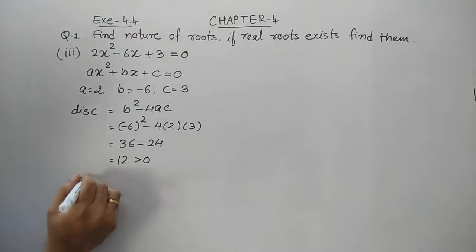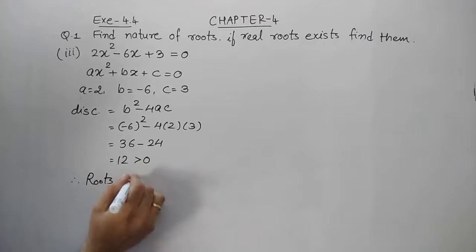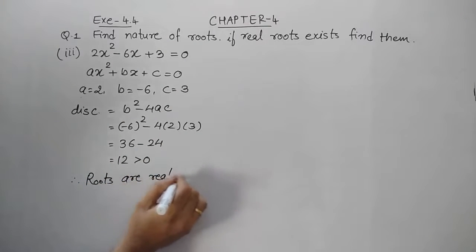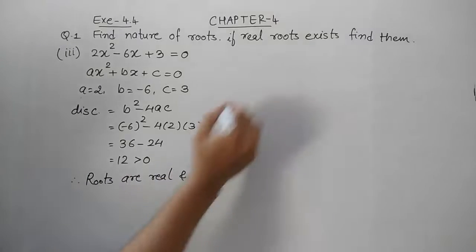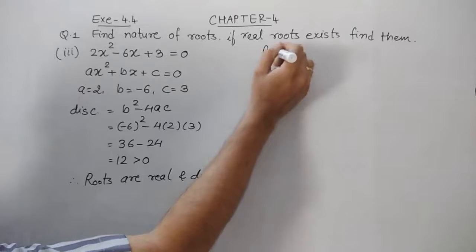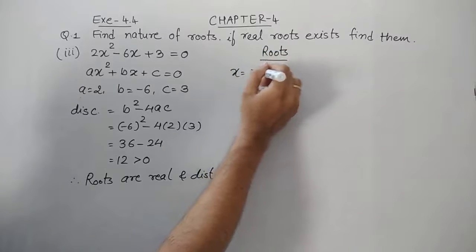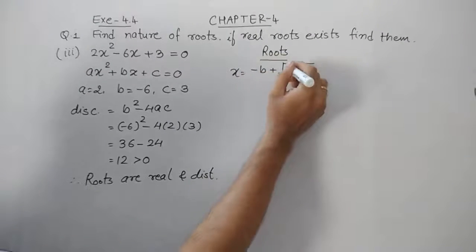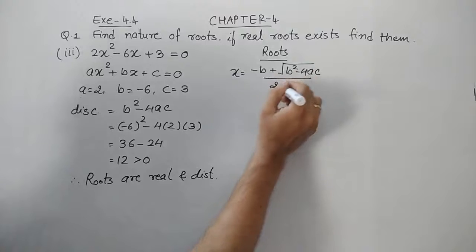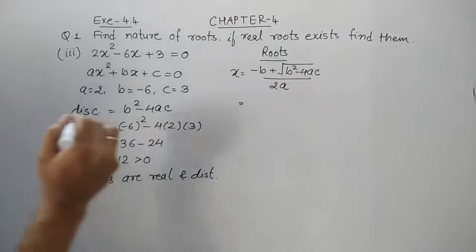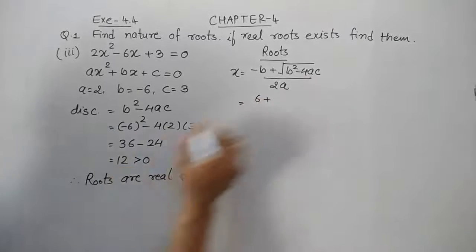So we can come to the conclusion that the roots are real and distinct. Distinct, as we discussed earlier, alag alag. So let us find out the roots. Now we will find out the two different roots. So let's find out the first one, minus b plus root b square minus 4ac upon 2a. So the value of b, that is minus 6, will be 6 plus the root 12